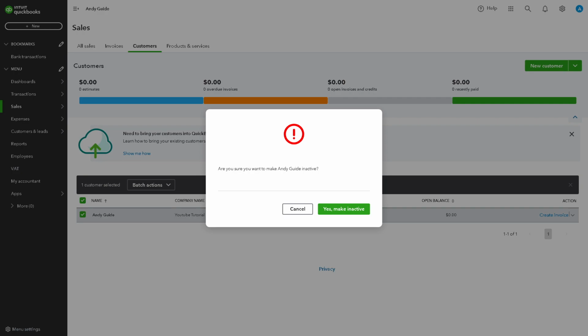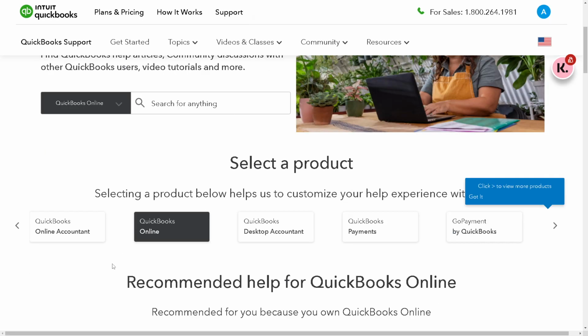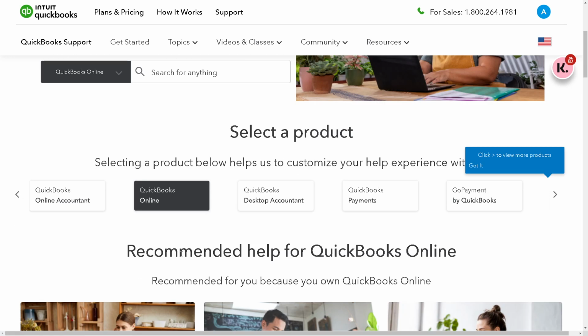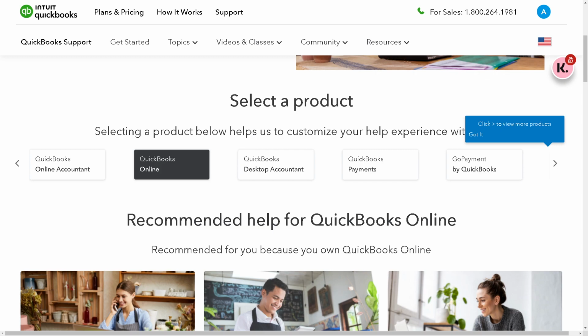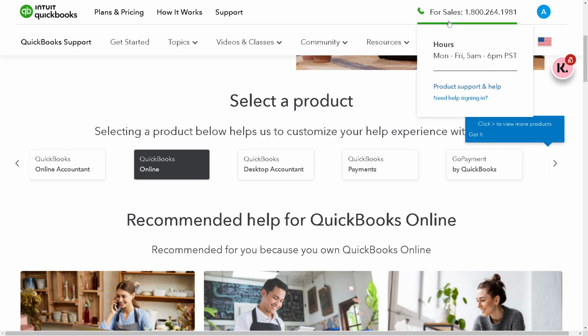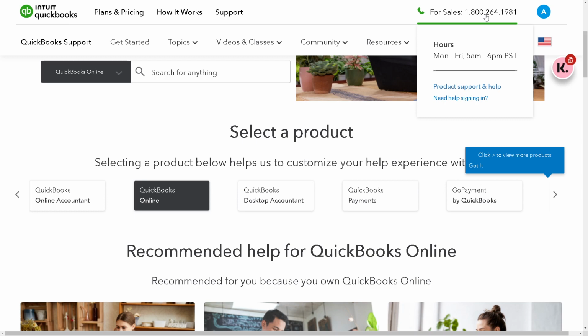All right. Now, in such cases that you are having problems deleting a customer here, or having problems clicking on the yes, make inactive option, the next step that I want you to do is go to the QuickBooks support. And from here, just select the product that you are in. And from here, all you have to do is tell them your situation, that you are having a problem deleting a customer here or in QuickBooks. Or you can simply call the customer hotline at 1-800-264-1981, and these are the available times that an agent would be happy to assist you regarding deleting a